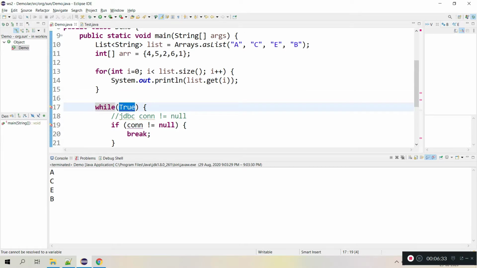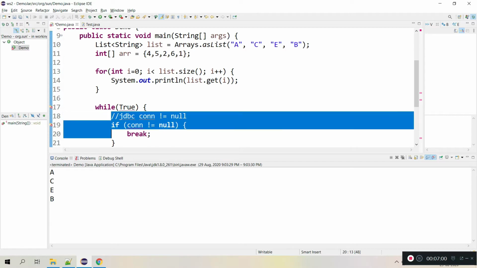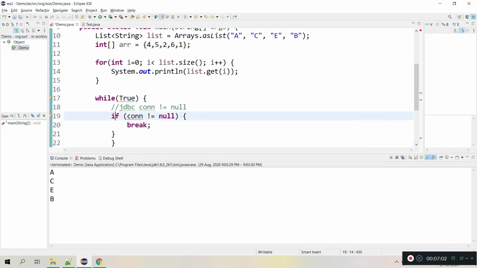Like we need to see whether a file has reached or something. We are checking at the SFTP or FTP connection whether the file exists or not. We don't know when the file reaches and how much time it will take. In that case we cannot give a boundary like 100 iterations or 1000 iterations. We need to go for an infinite loop until the file is received. This logic will be executed, something like this.